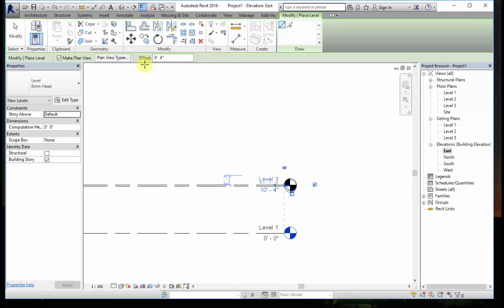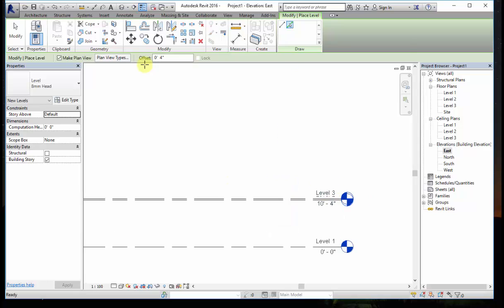Now what if I select the draw tool as Pick Line? After you select Pick Line, again come over here and give the offset. So now the slab level is done. Later I am going to give my wall height again, as 10 feet. I just have to select the previous level. From this level I need a height of 10 feet.